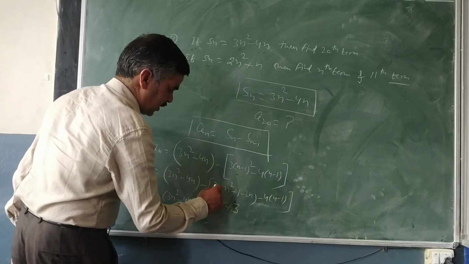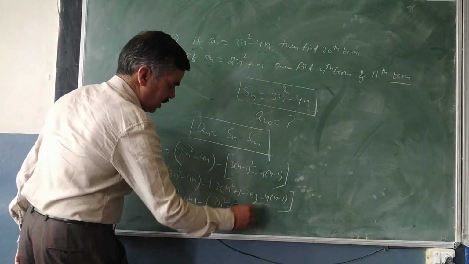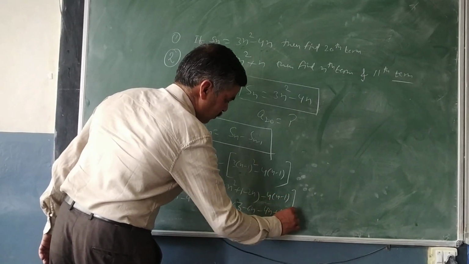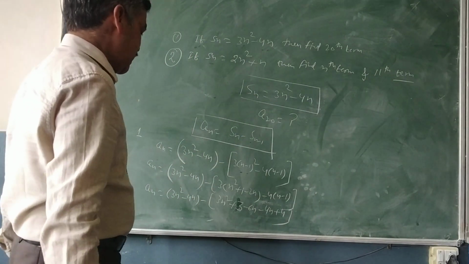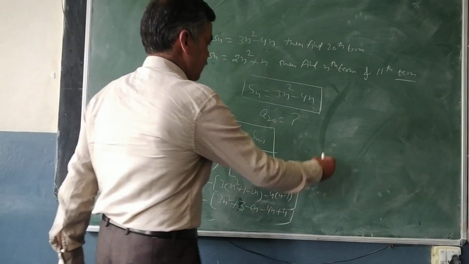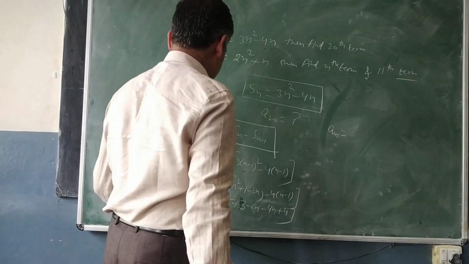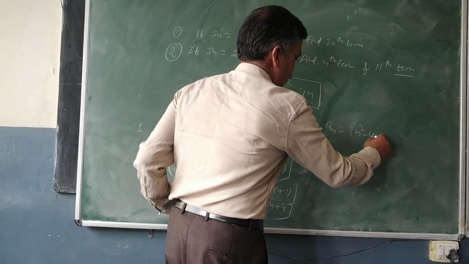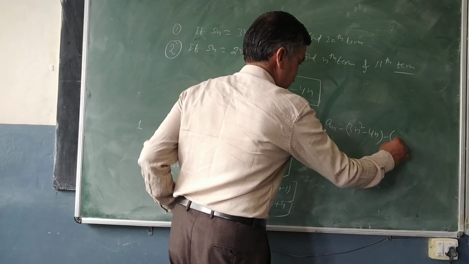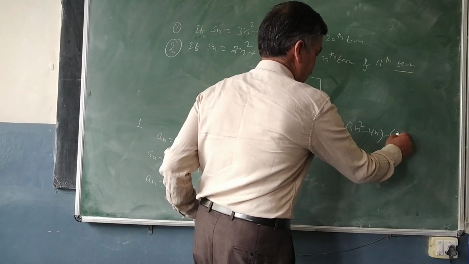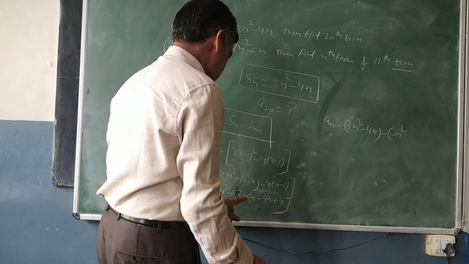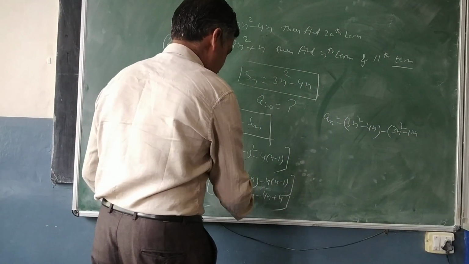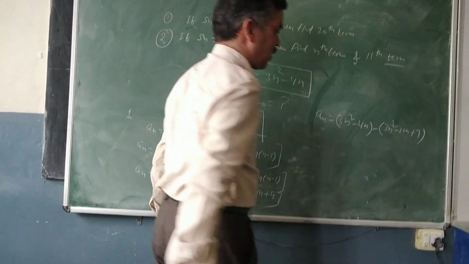Please take care of signs. And 3 into minus 2n is minus 6n. Minus 4 into n is minus 4n. Minus 4 into minus 1 is plus 4 and close the bracket. Then again solve these brackets further. So what is an going to be? 3n square minus 4n, and here it is minus, and here 3n square is there. I will put 3n square. Then it is minus 6n minus 4n. Like terms I can add, minus 10n, and 4 plus 3 is 7. So this is 7 now.